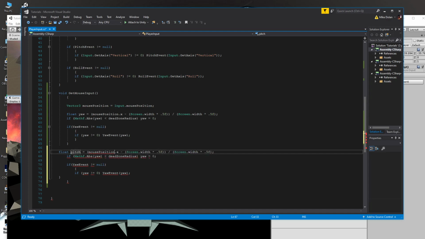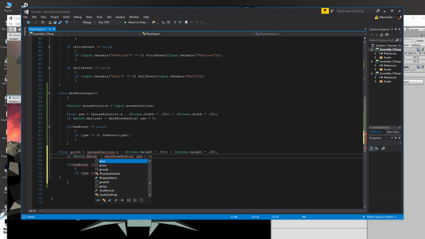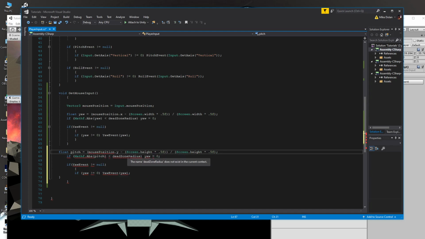Alright, and mouse position, we're going to change the X to Y. And we're going to keep this screen width stuff the same, except we're going to do height. Okay, because now we're basing this on the height, and we'll keep our same check in here, but we'll put pitch in. Dead zone is fine. Now, did I do something here? Yes, I did. Okay, so we want to make sure